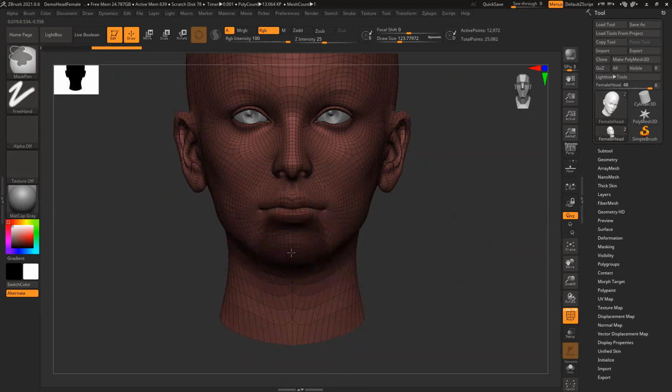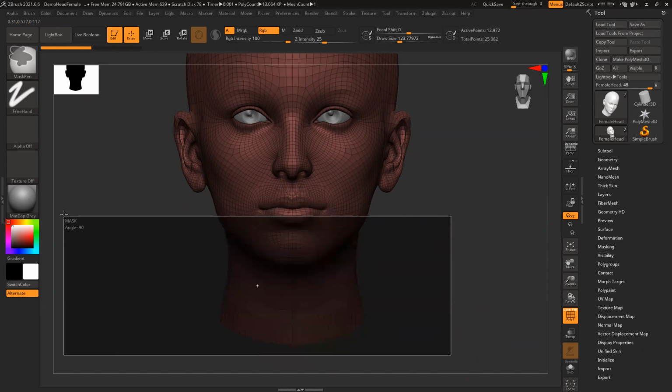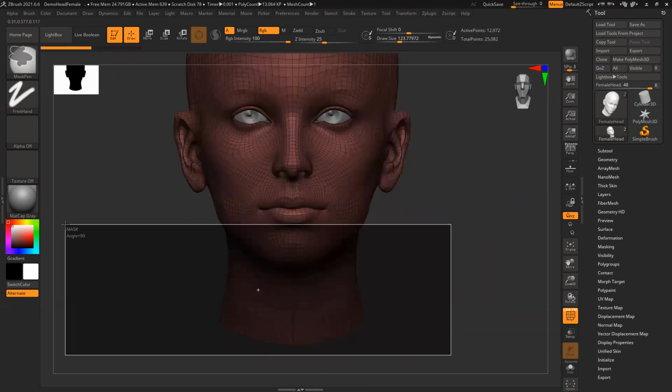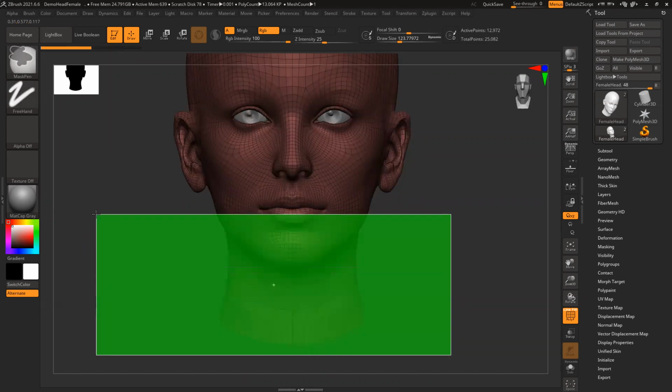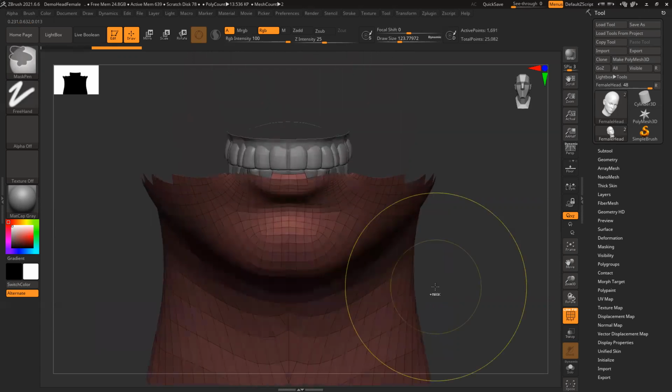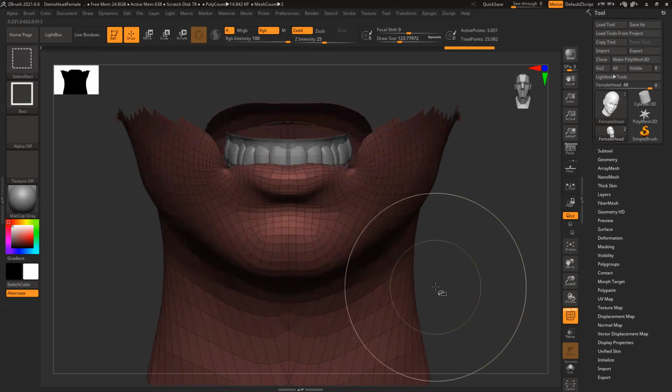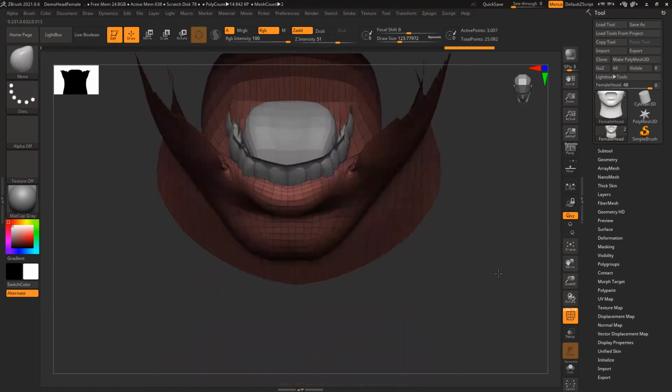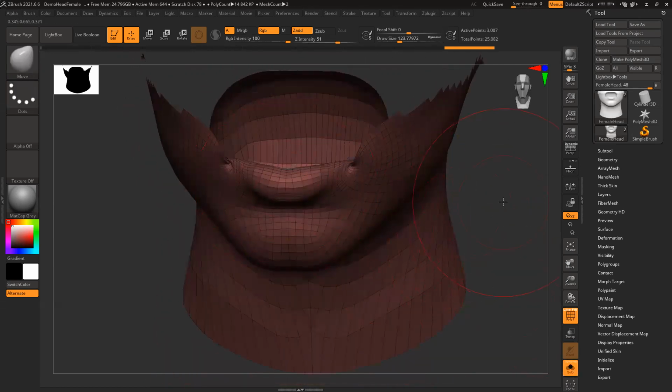Okay, no problem. I select this, or maybe I can mask it like this. Control Shift and Control together, green mask. Control Shift X, so it will increase the selection. Now you can see the in-mouth part.